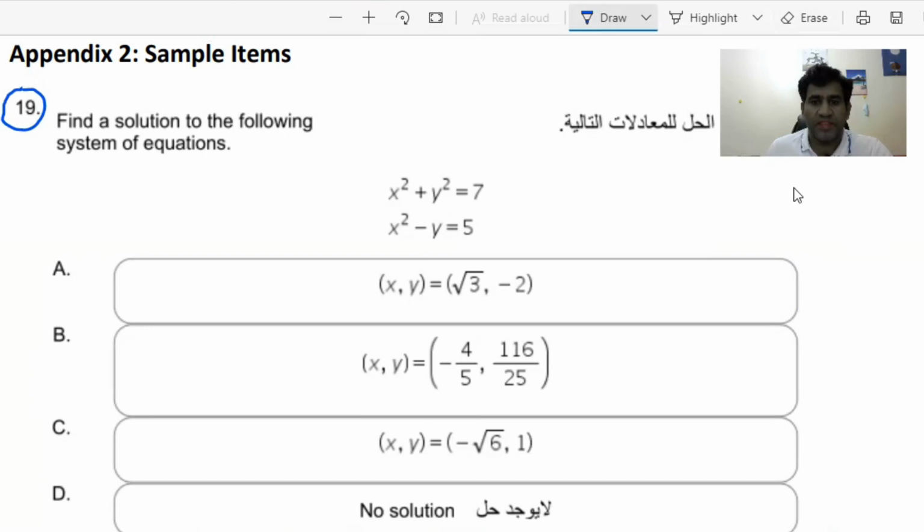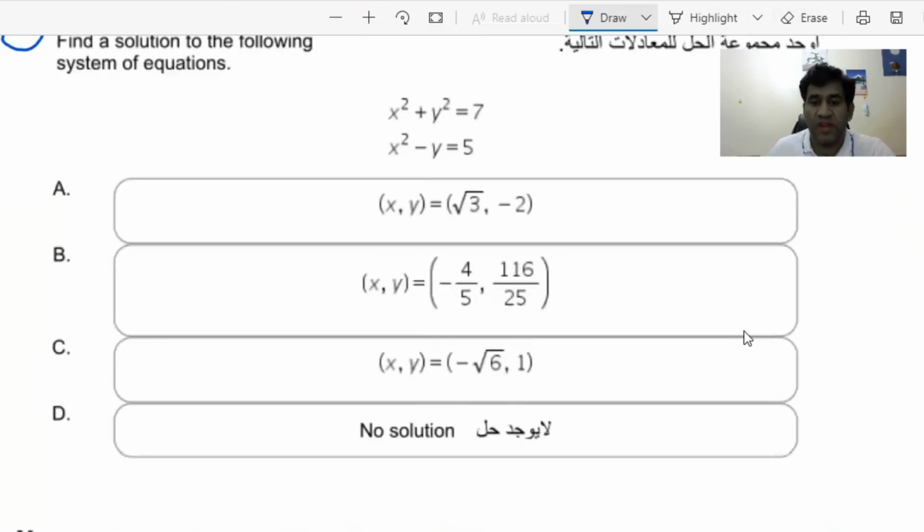So look here, x square plus y square equals 7, as they have not given it in a standard format, because they have given it in terms of x. I can follow the same rule. And here x square minus y equals 5. Now which term should I eliminate? Look at the term here, x square and x square are both the same. So I can eliminate the x square and solve for y. Whatever the value of y we are getting, that itself is the answer, because the same values of y are not available among the options, and whatever value of y I get is my choice without solving for x further.